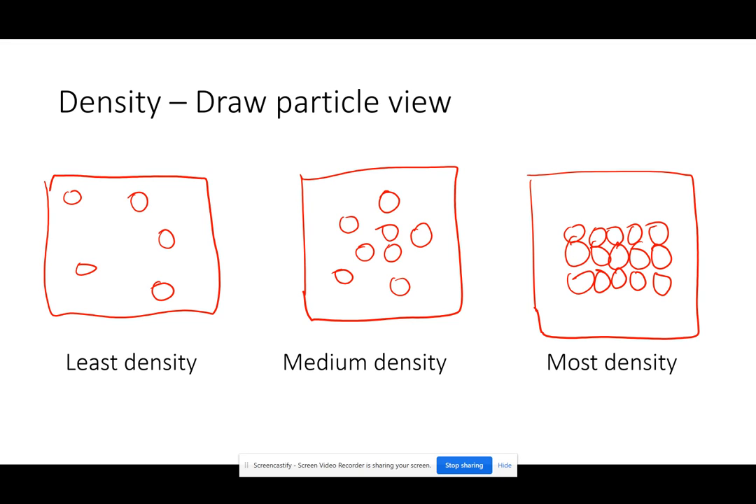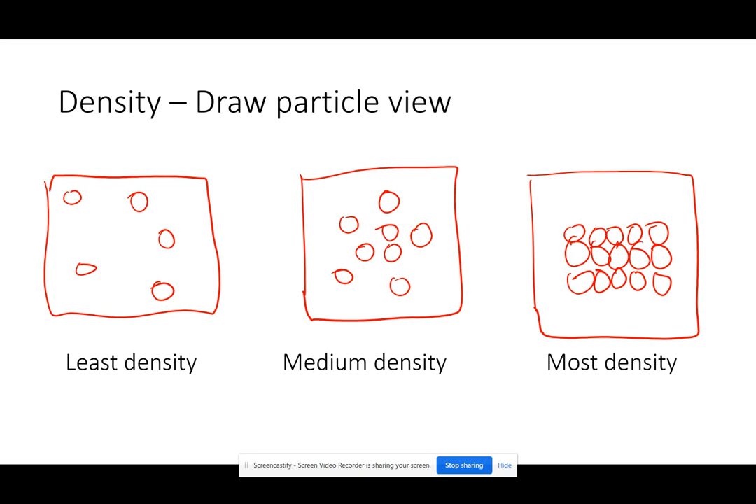So these particles, for least dense, are very far apart. Medium density, the particles are closer together. And for the things that are the most dense, the particles are really packed in tight, and those are usually solids. Well, we can also define density mathematically using mass and volume, because all of these particles, they